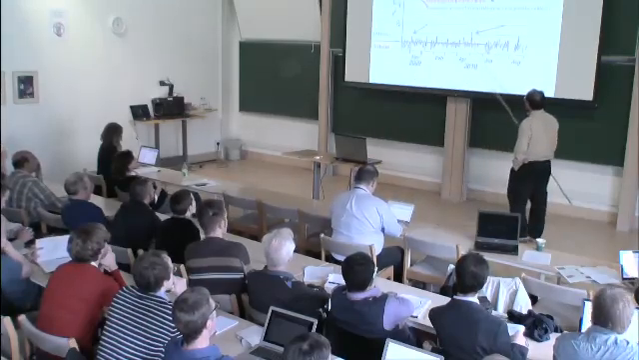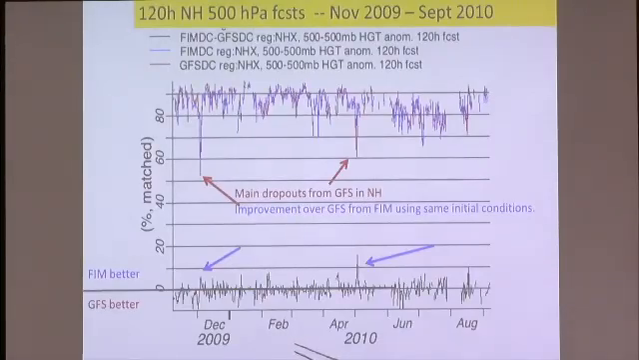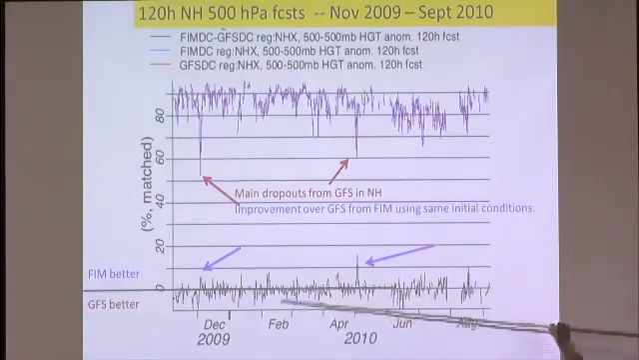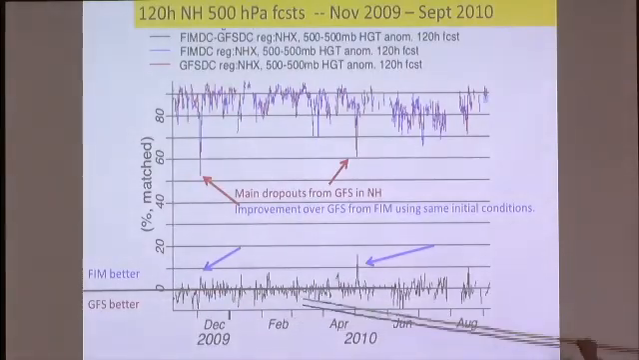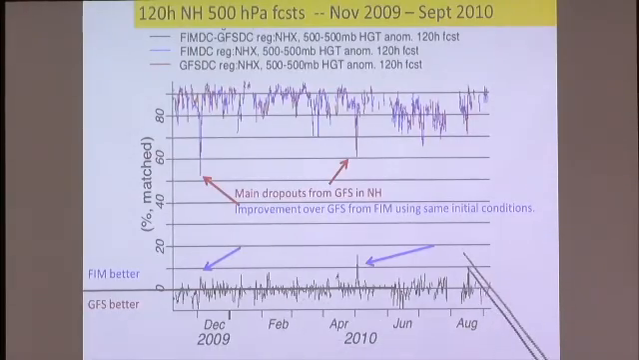So this shows the 500 millibar ACC over about a year, from 2009 to 2010. Below this line is GFS better, above this line is FIM better. Basically, FIM has achieved a comparable ACC score as the GFS model. And the purpose of this FIM model is to contribute to NCEP as an ensemble member of a global model ensemble. So it is the NCEP director and Sandy MacDonald's idea that the best forecast comes from